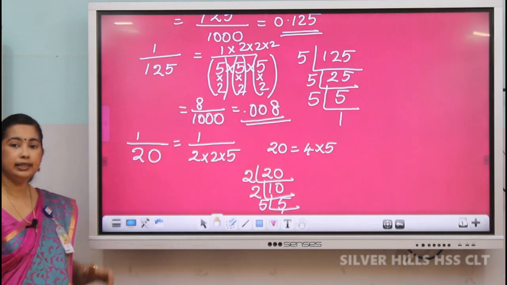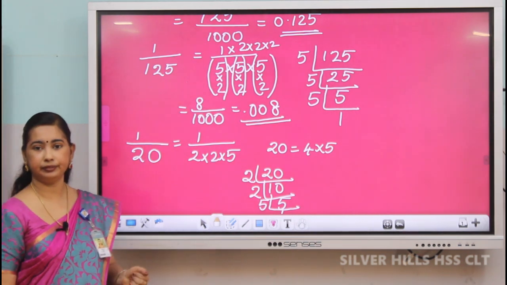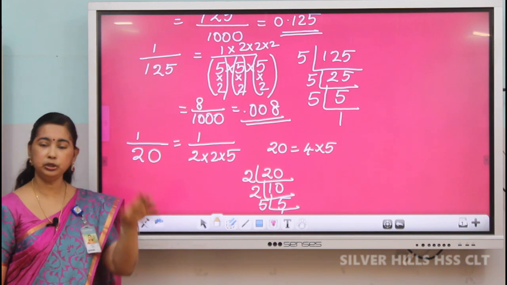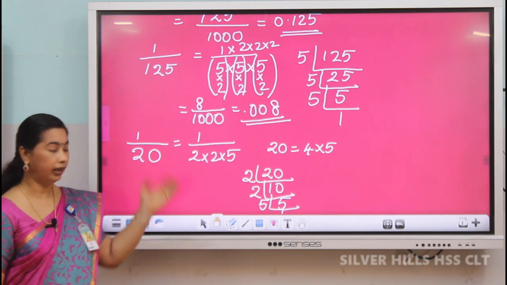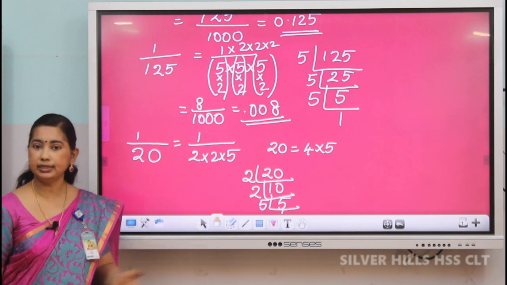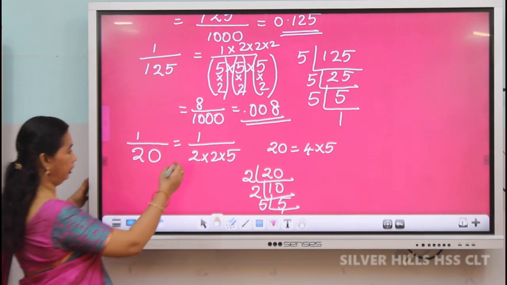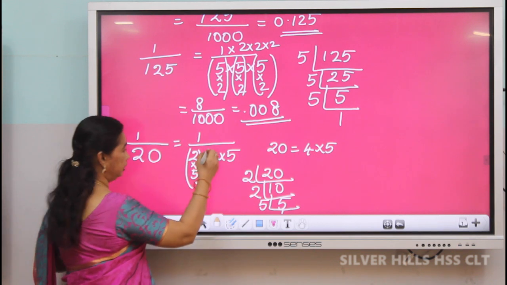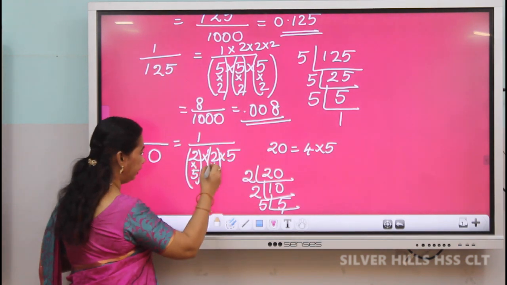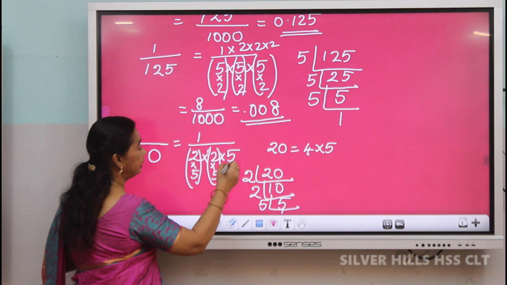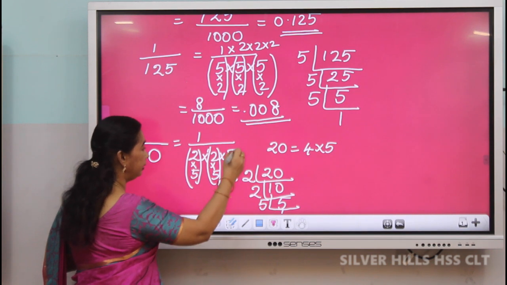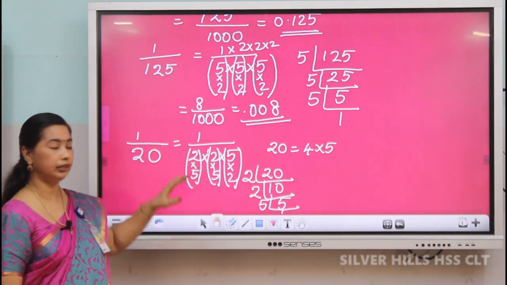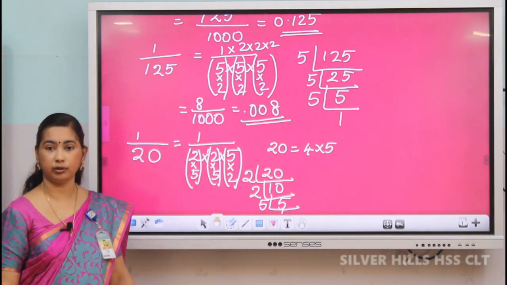So now you can see that's 2 2's and 1 5. What we will do there? We have to supply, wherever 2 is there, we will supply 5, and wherever 5 is there, we will supply 2. So I am multiplying here by 5. Here 2 is there, so here I am multiplying by 5, whereas here I am having 5, so I am multiplying 2. Same thing what I have done there, I have to multiply in the numerator also.